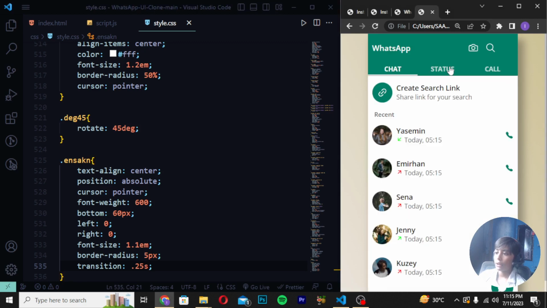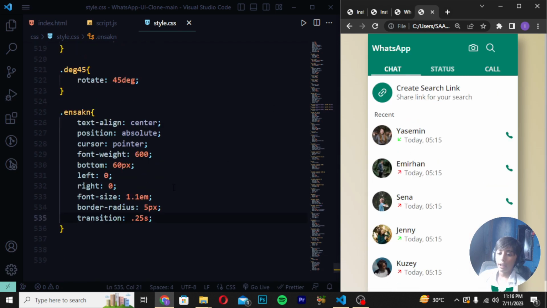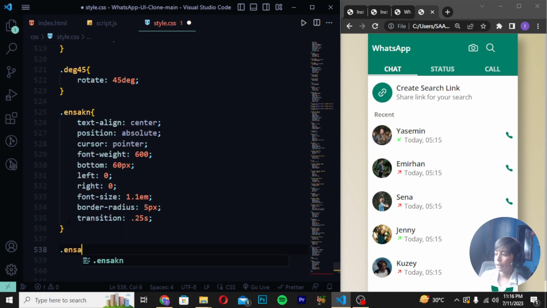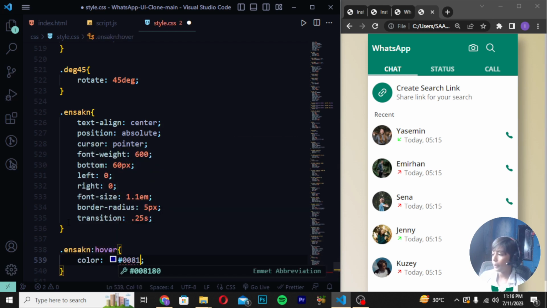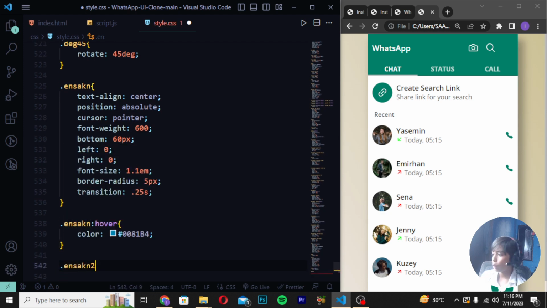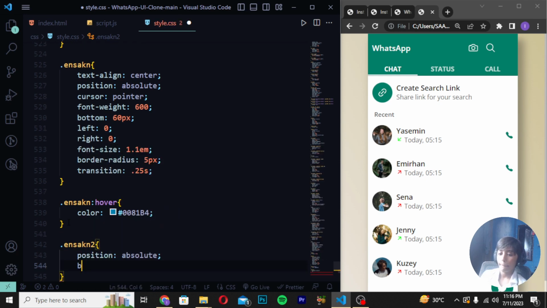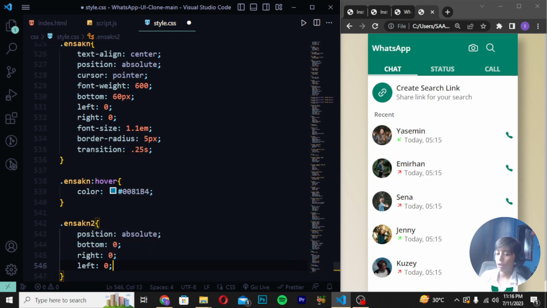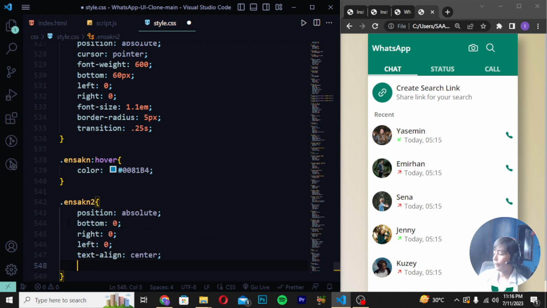And now the Telema work is done. Here we will see it. So now what we can do, Telema work is done, and now here I will go, and here I will give .in-second should be hover, color should be #00A1B4, and now here we can write .in-scan should be 2, position absolute, bottom 0, right 0, left 0, enter, text-align should be center,